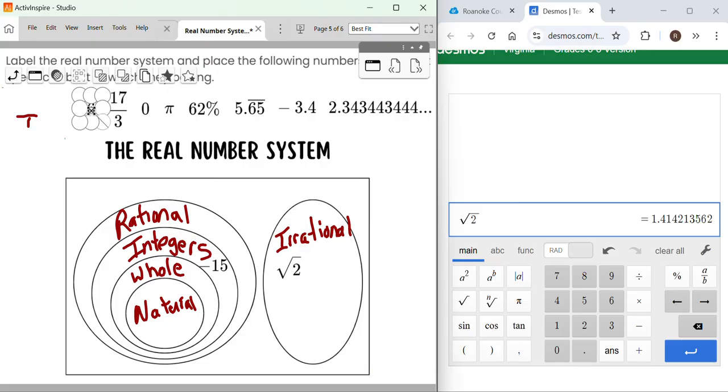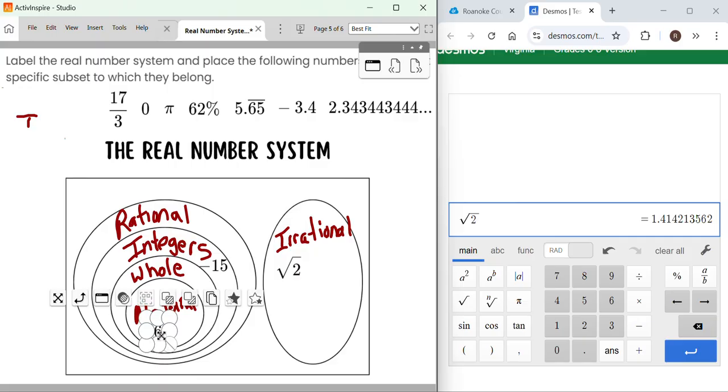This is number 6. Let's see what number 6 is. Well, it's definitely real. It's definitely rational, but let's keep going. It is also an integer. It is also whole, but it is definitely natural. Remember, we're putting these numbers in the most specific subset. Up here is the broadest thing, real numbers. Then we get more specific: rational, integers, whole, and natural. Over on this side, irrational is the most specific. Okay, for rational, it has 3 more levels of getting more specific. Let's just say it that way because I can't say the word.